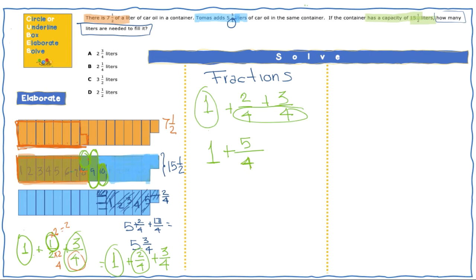When you have 5/4, guys, this is the same as saying 4/4 plus 1/4. So I'm gonna say this here is the same here. Why am I doing this? Because I want to see how many wholes do I complete. So really what we have is 1 whole plus another whole. That's going to be 2 wholes. And then I have this 1/4 left over. So this should be my